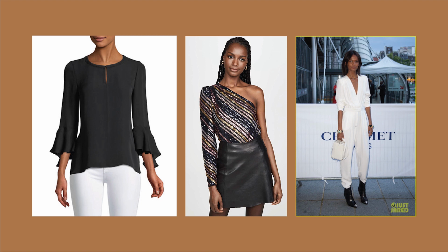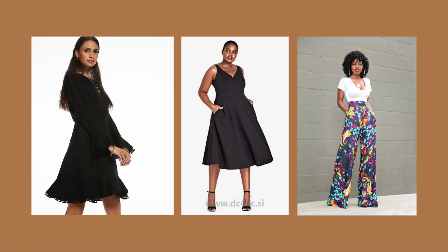at the same time. Choosing a dress is really easy. You just have to pair the recommendations for the necklines and the skirts. This means you should choose something that's a little bit tighter on the upper half and loose or wide on